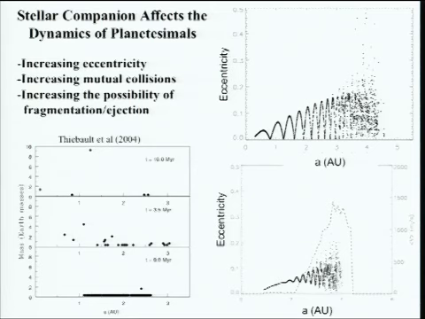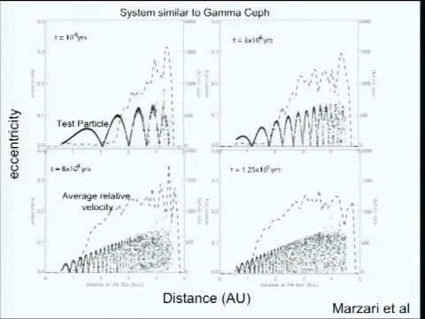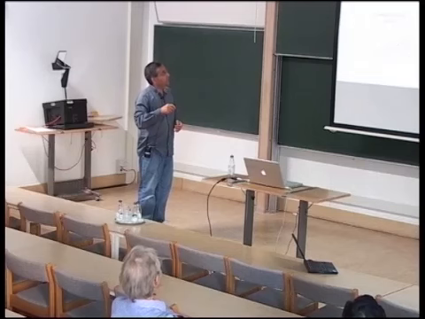They showed that much of the material will go away and not much is left. These are simulations from 2004 by Thébault. What they show here is they take a test particle, and they put it in a binary, and they see what happens to the test particle's orbit as the binary interacts with it. This is basically a more complete version of what I just showed. They have test particles, and they notice that the eccentricity of the test particles increases. These are just different snapshots of the system. This eccentricity increases. The dashed line shows the average relative velocity of two objects that may hit each other.